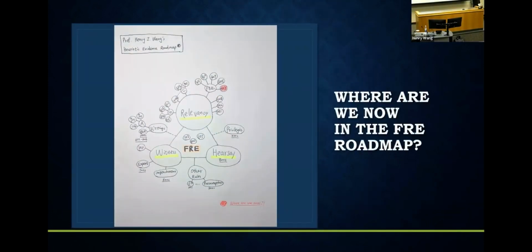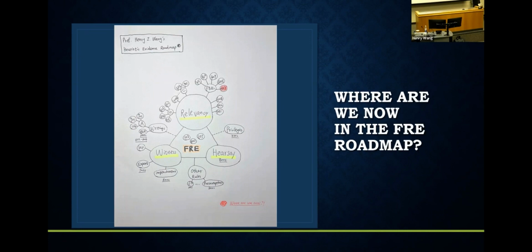So here's the map. I call it my heuristic evidence roadmap. And where are we now in the roadmap of evidence? We're here. I usually draw this, my own invention, just a drawing for my students in China. I just started drawing it on the blackboard, but here we have this